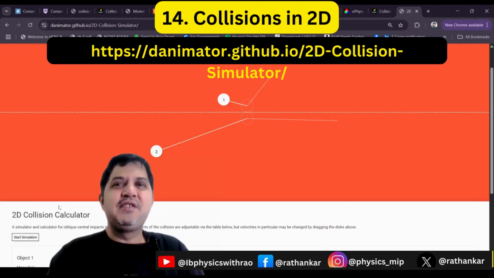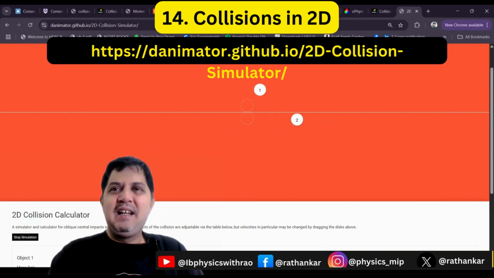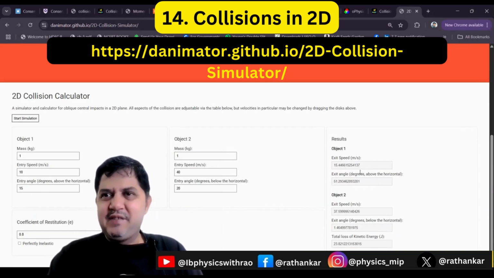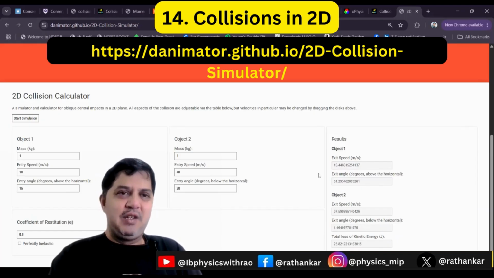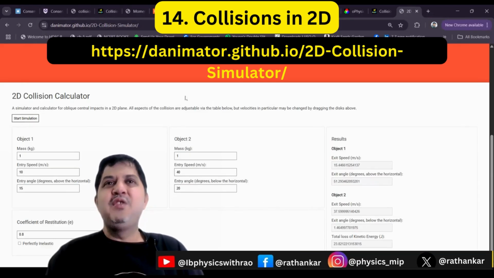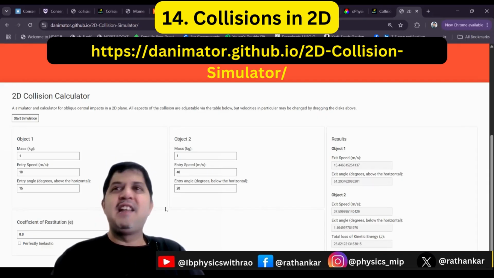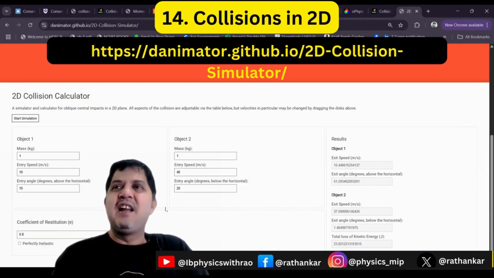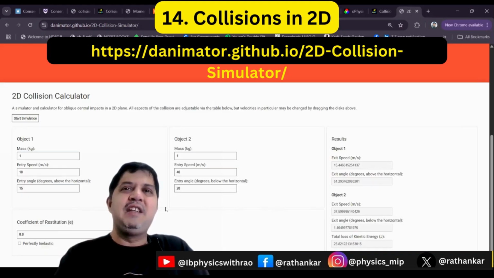What we can do is hit this initially. After hitting, the exit speed for the first object is 15.46, and the exit angle is shown too. You can get some values here, right? And of course, you can change the value of the coefficient of restitution also. Okay, this is a good one. So you can use this simulator to collect data, ask the students to collect the data, and then analyze it using graphical analysis, put it across like a line chart, and understand why, when the angles are